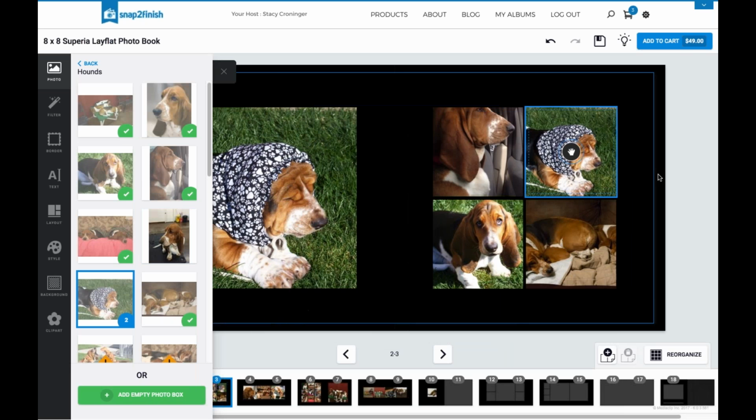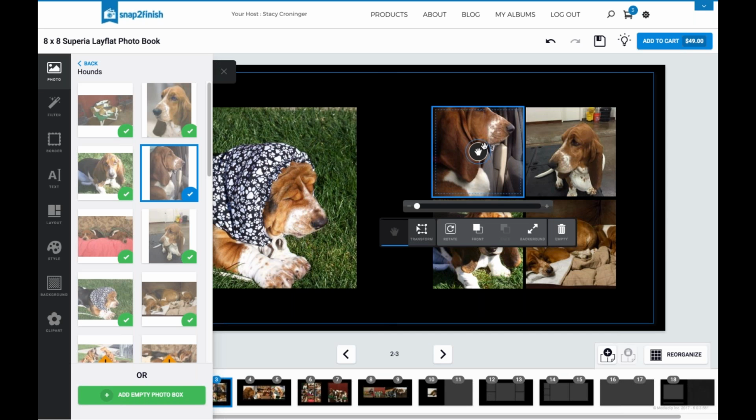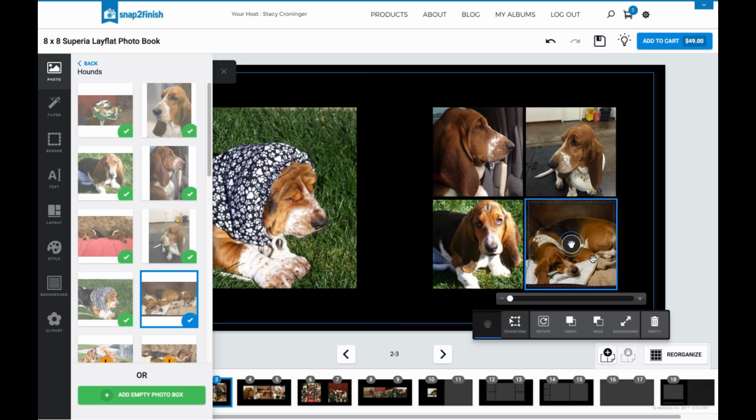So if I want to put it over here where Gracie was with her snoot, I click on that one, click on this picture of Grace, and there it is back in its spot. Okay, and I'm going to do this guy and slide Gracie down a little bit. Now this one, I'm actually going to slide it over, and if I use my mouse, I can zoom in,